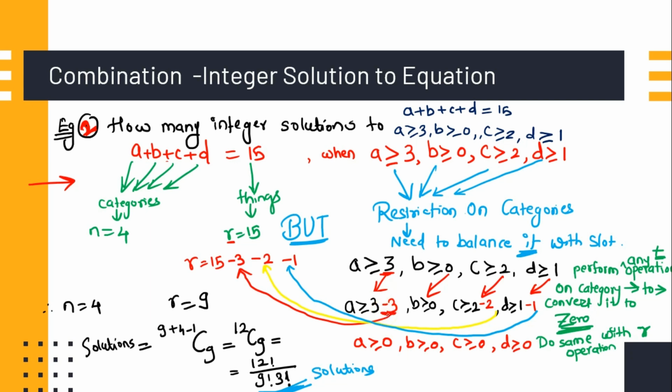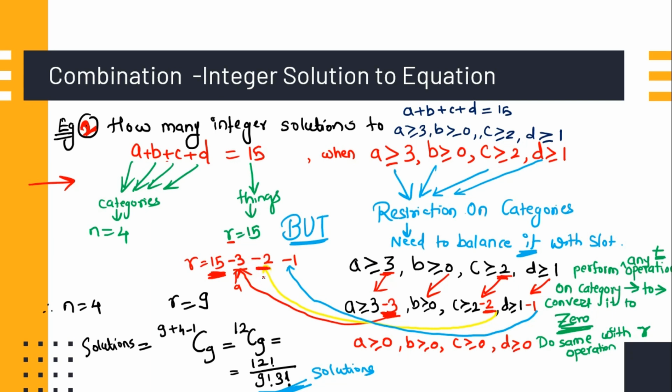So as I did minus 3 on this side, the same thing I will do on the R value. Whatever value you are having for the R, you just have to perform the same operation on that. This is for A, okay, I will do 15 minus 3. Now B is already balanced, no need to do any balancing for this category. As C is greater than or equal to 2, we should balance this, we should convert it into 0. So for converting 2 into 0, we have to subtract 2, means we have to perform minus 2 on this C. So the same thing we will do with R, that is we will subtract 2 from our R.